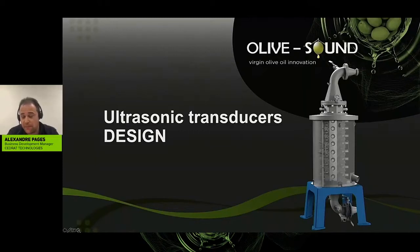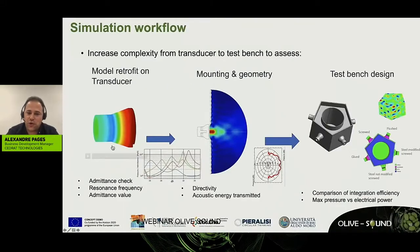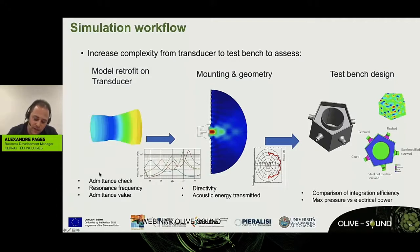So yes, another one. That's the first phase before manufacturing the transducer: to first design it. If you have a look at the concept on the next slide, please. You can see that the transducer is a plate transducer because, as Maria-Lisa said, the plate transducer is the concept chosen in this project. So they are arranged in a plate, and the energy is transferred to the reactor through